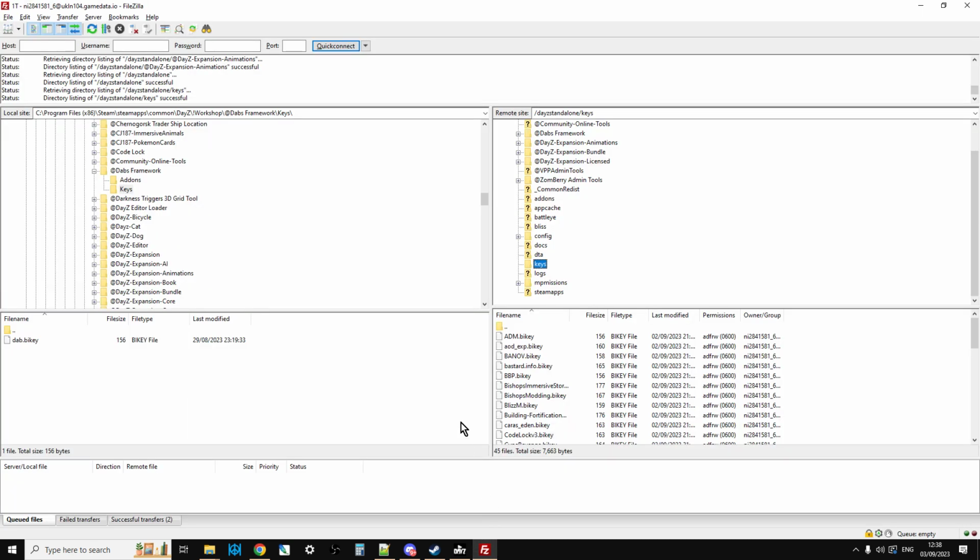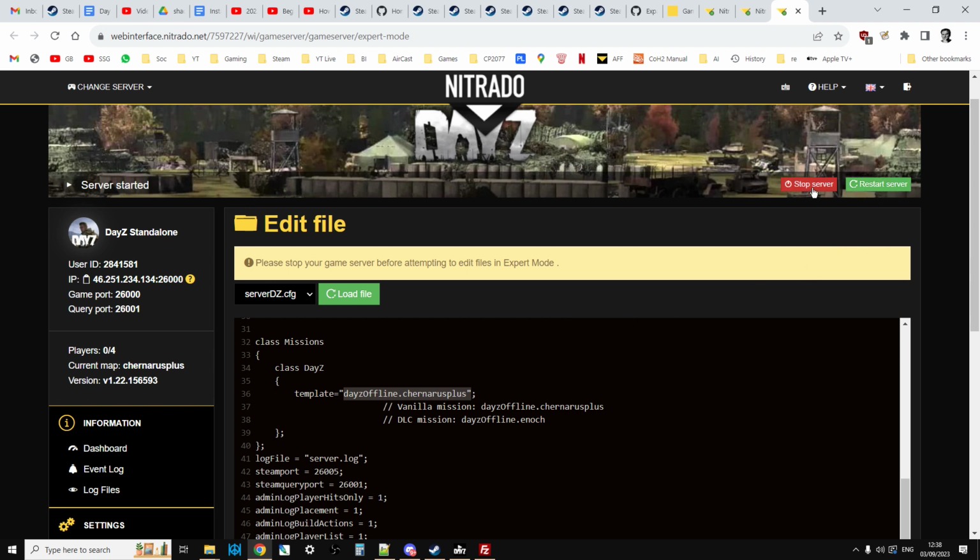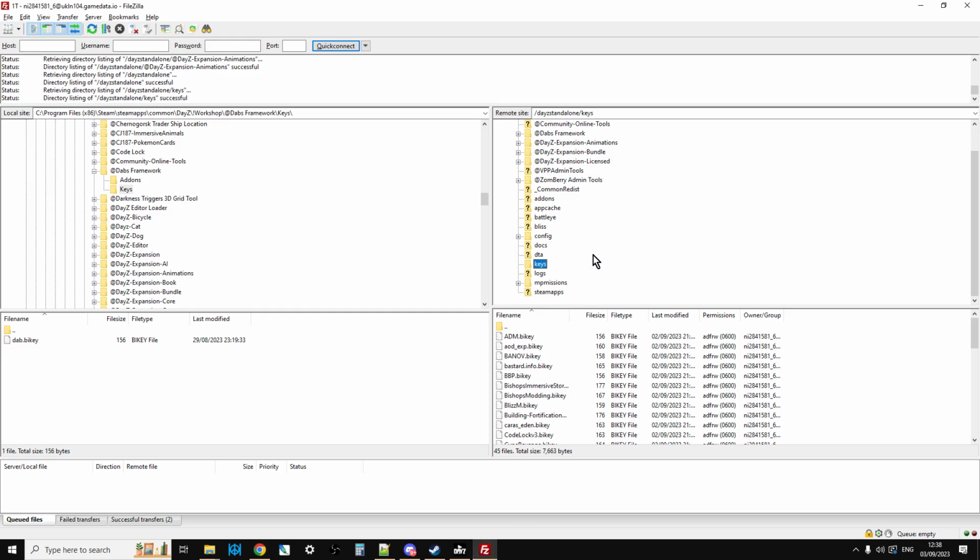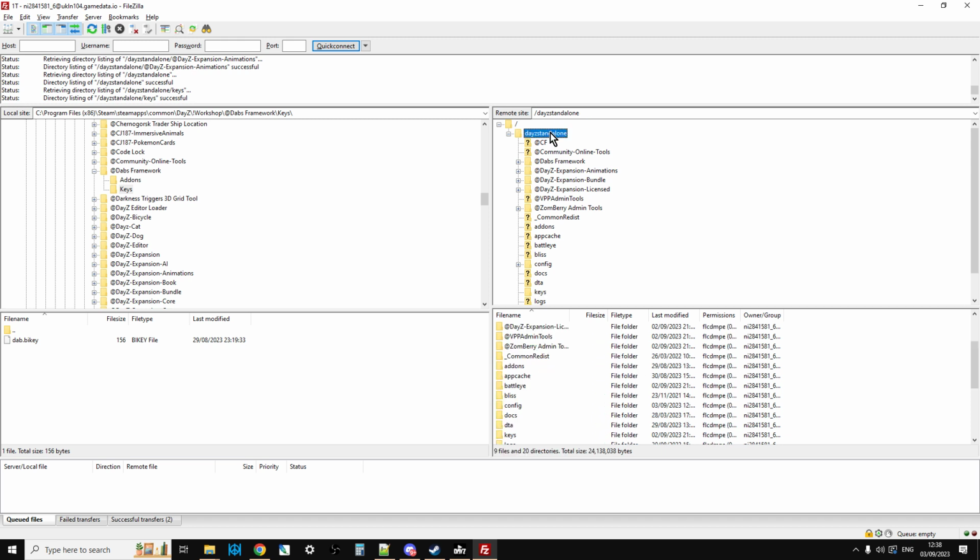So now we've got our mods uploaded, we've got our keys in place, we've got our .bat file ready to go. What we want to do now is just start the server. In this case, for you it will say start, for me it will say restart. So you want to restart the server and let it cycle through. If you want, you could join the server at this point, but what we're looking for in our FTP program, and you may need to refresh it by pressing, I think it's F5 in Zomberry,